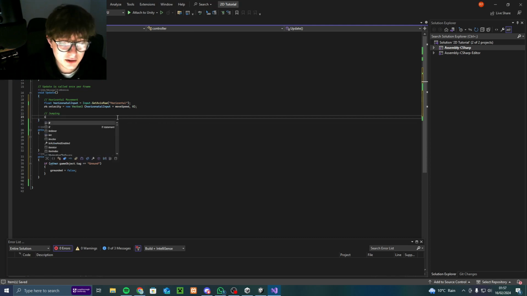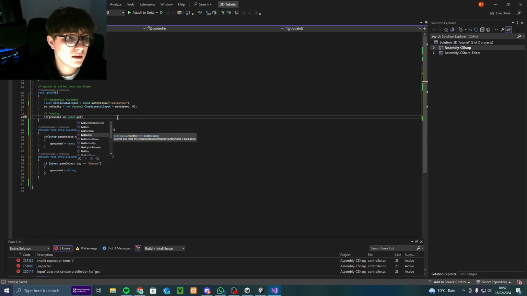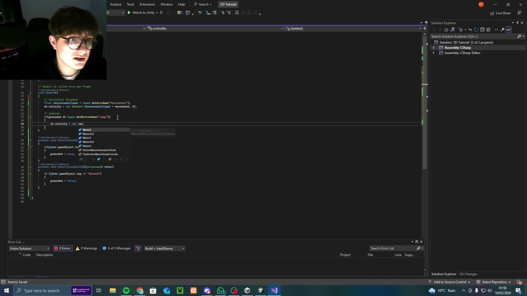Okay, to implement jumping, we make an if statement, and we want to do if grounded equals true, and then another bit, Input.GetButtonDown, and then whatever the jump button is. Basically, if both those conditions are met, so for example, if the spacebar is pressed and the player is touching the ground, then we want to do rb.velocity equals a new Vector2